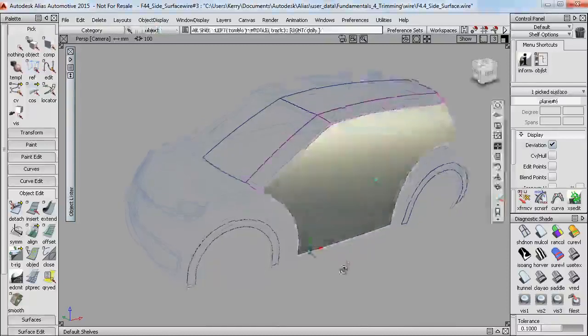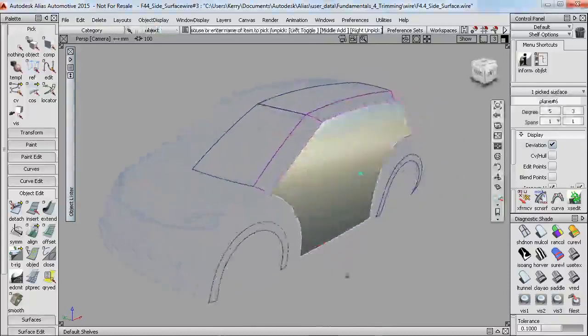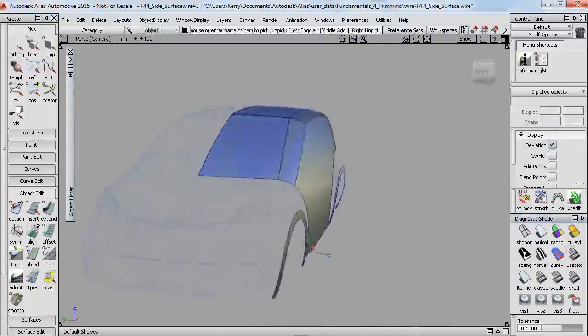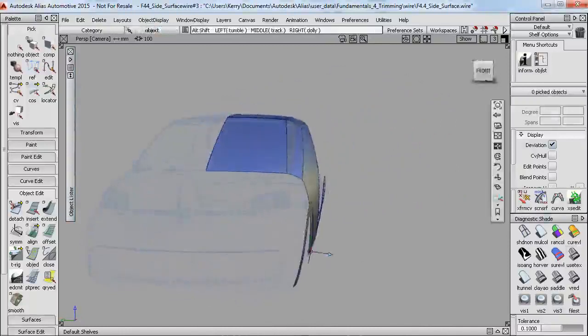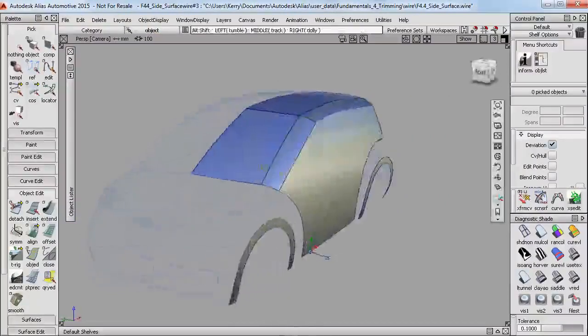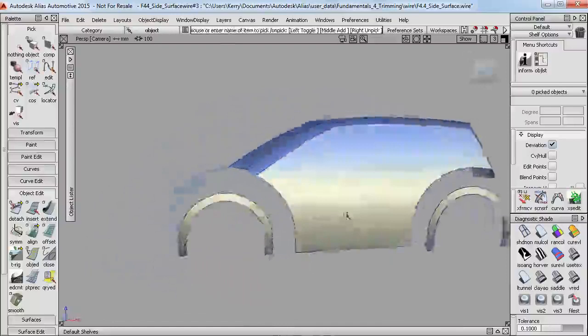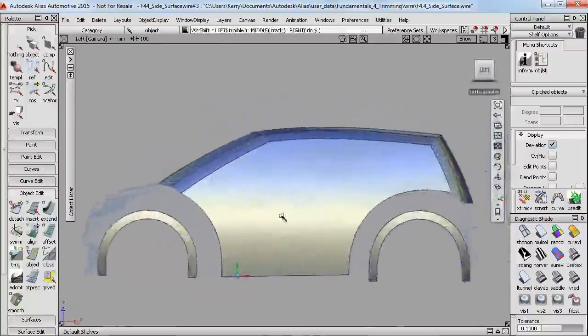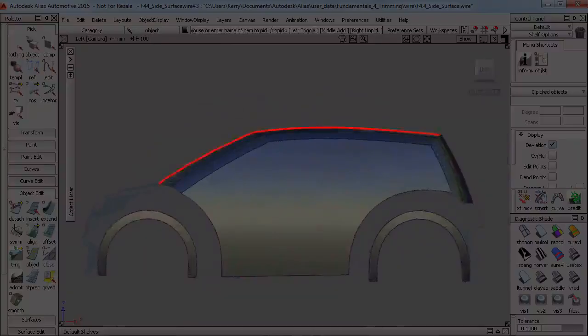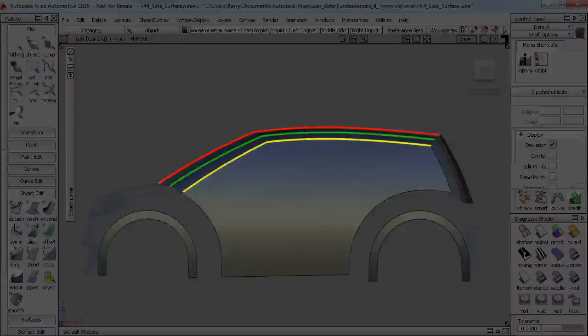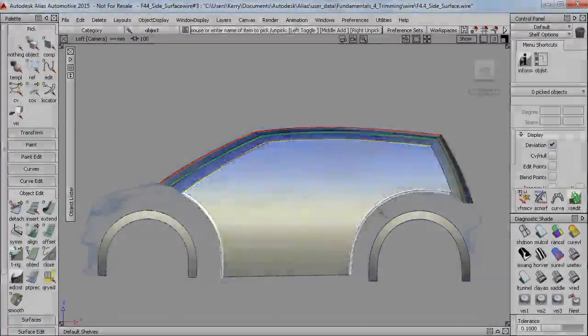I'm now going to create a simplified side surface. And what we're aiming for here is to have the roof surface, this angled cantrail, and then the side. So from the side view, I've got my original centerline curves, the outside edge of the roof, and now I'll need to create this third line. And I'll also create these wheel arch offsets, which will allow space for the blends from the wheel arch into